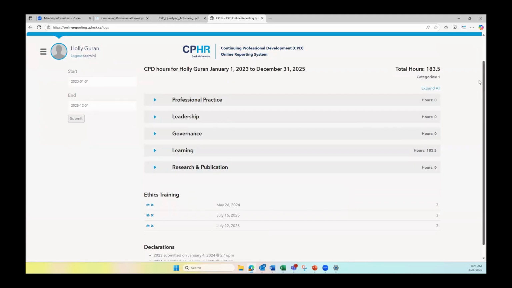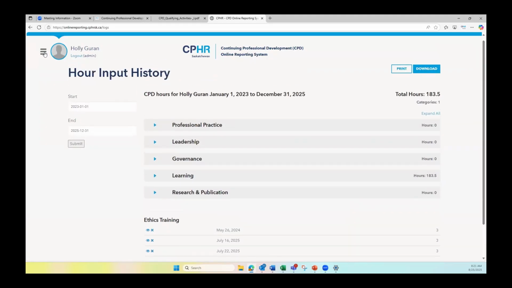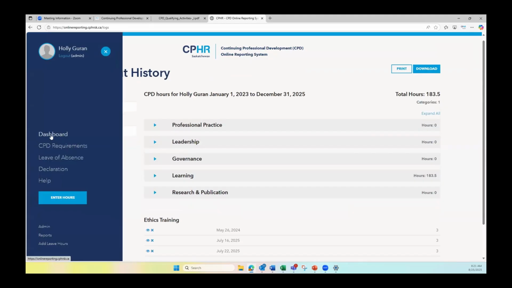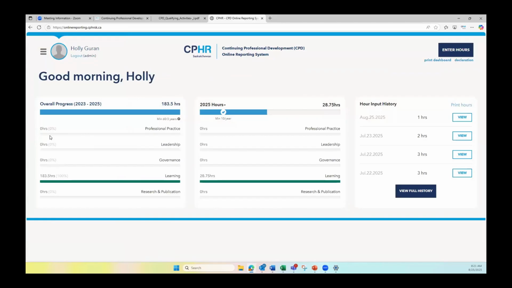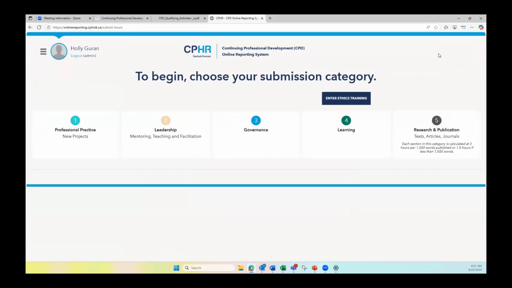Best practice is to enter your hours as at the end of an activity and save the documentation. It just makes things easier so you don't have to remember later on.